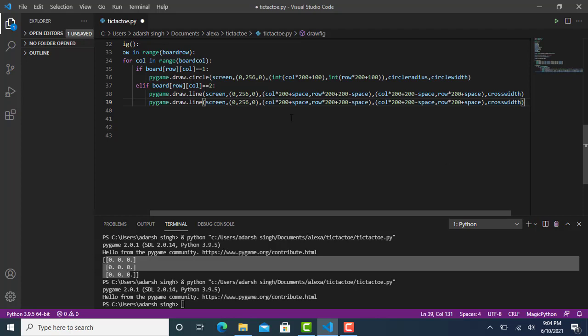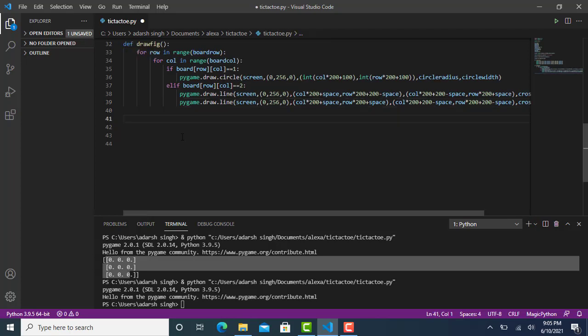Paste it here and here and change the dimensions, change it with me. I am going to come back here and type just 200 plus space, that's it, and came back to the column area and here you need to add the 200 plus 200 minus space, that's it guys, because we need to cross in this first from ascending to descending and then descending to ascending, and after that just simply enter,